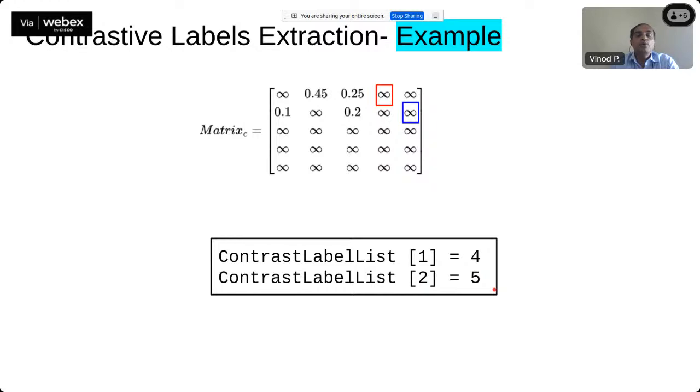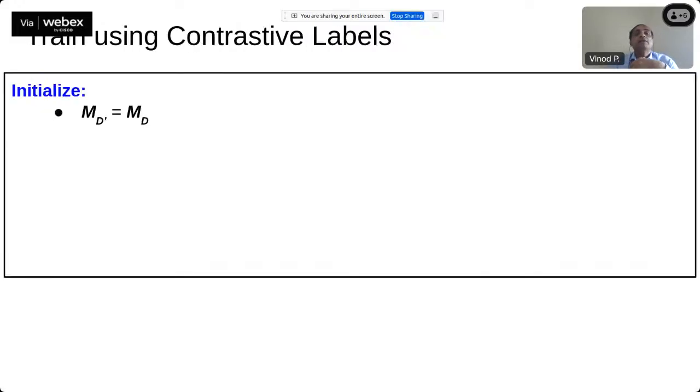So now what we do is we will take our preservation step, which says x1 was 1, will be now x1 as 4. x2, let us say it belongs to class number 2, it will be now x2 belongs to class number 5. x3 belongs to class number 1, will be relabeled as x3 as class number 4. So now we will take the contrastive label and we will retrain our model.